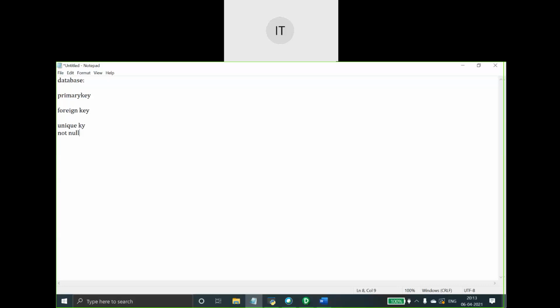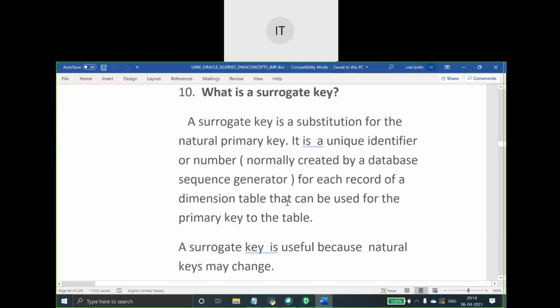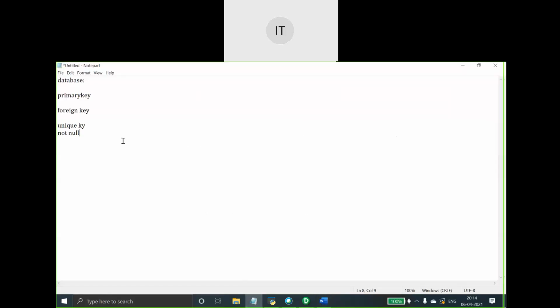These are the constraints we have at the database level. Okay. And coming to our data warehousing, in any project,